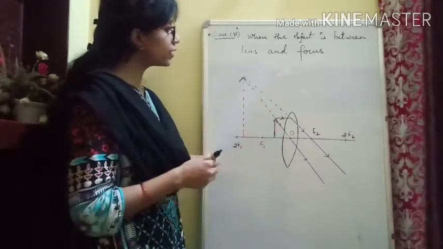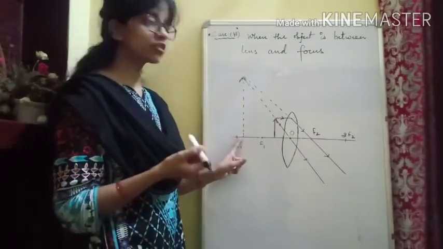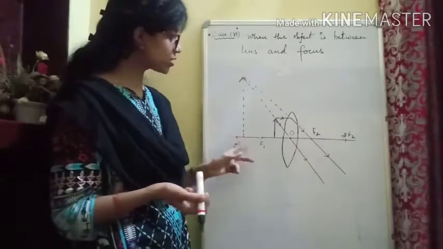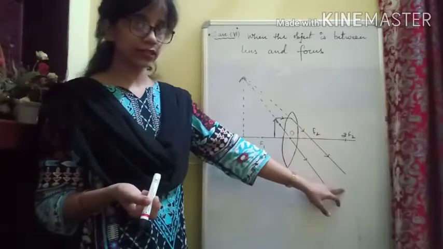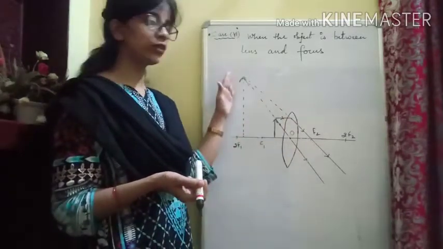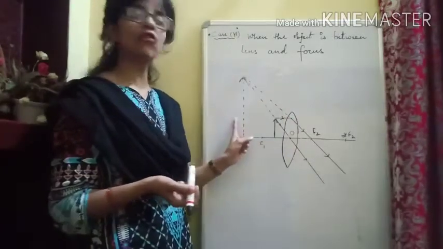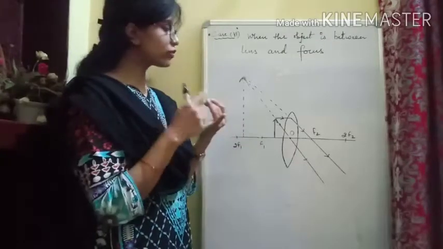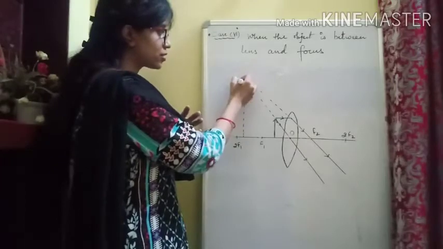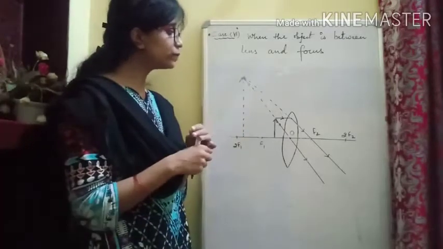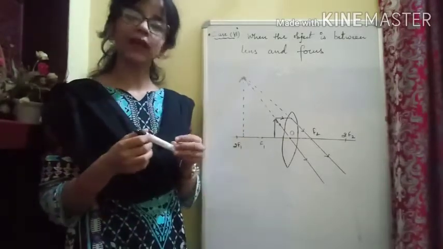First. Second thing, the image which is formed is of course virtual. You see the refracted rays are not actually intersecting each other, but they appear to intersect each other. That's why the image formed will be virtual. So it will be virtual, it will be erect as well, upright. You see this is upright, and also the image will be magnified.